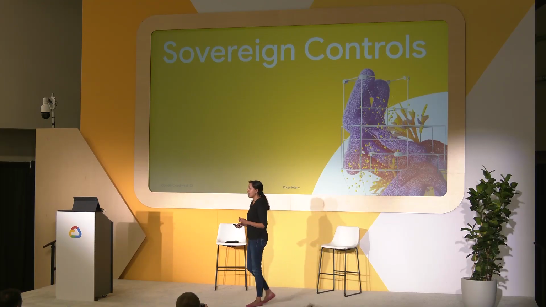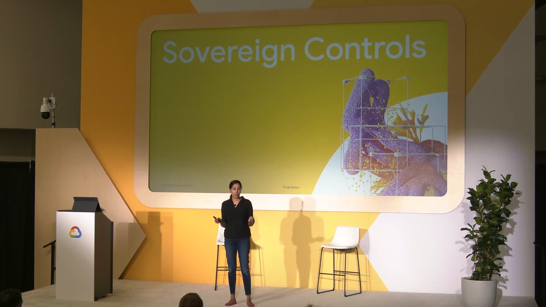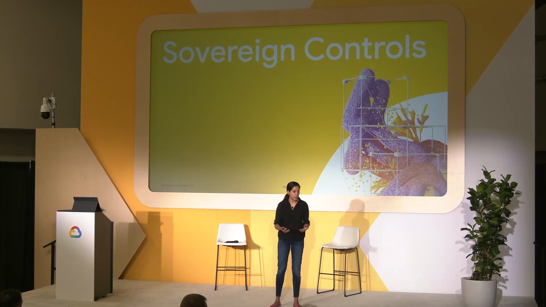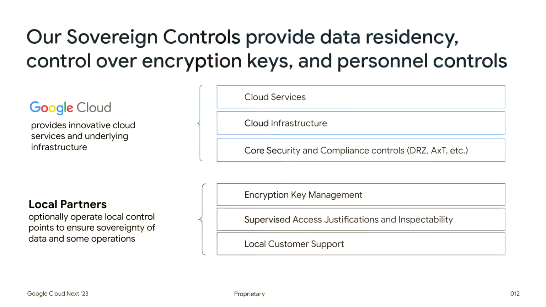So we'll talk a little bit about each of these solutions, starting with sovereign controls. Now, we've seen that in majority of the places around the world, this solution can actually solve for majority of the problems and use cases that we see with our customers. So diving into this, as I said, this is built on top of GCP. And the core goal with sovereign controls is it allows you to keep your core data in a given geography. So you can choose the European Union, you can use like France or Germany or other locations using our data